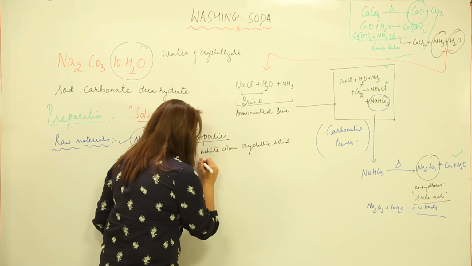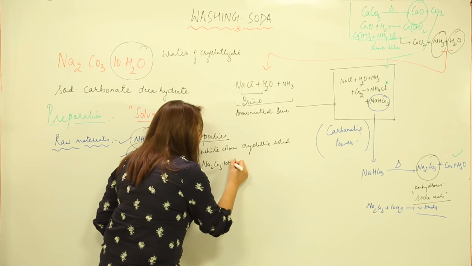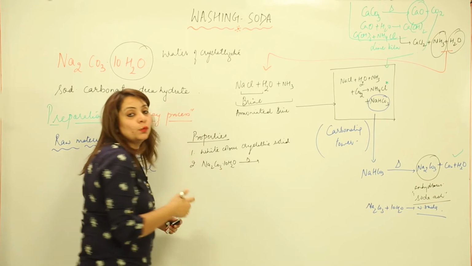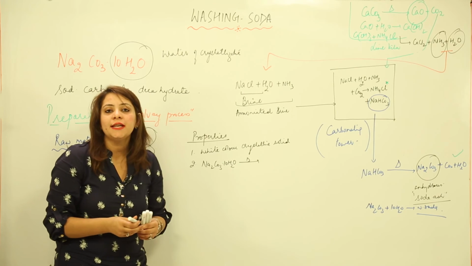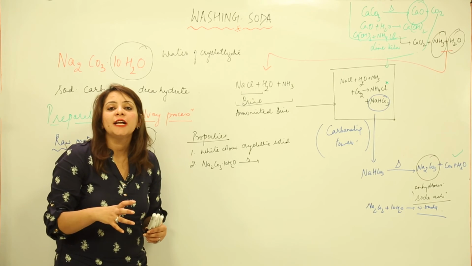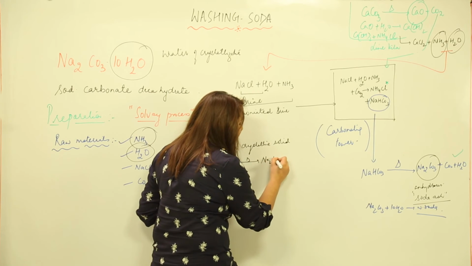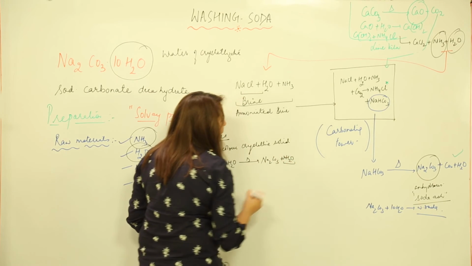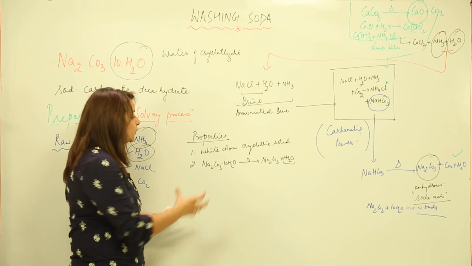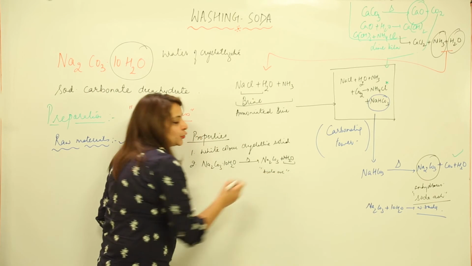Suppose I have the sodium carbonate, that is our washing soda, Na2CO3.10H2O. What is the effect of heat? If I heat it, what kind of change is it going to have? What happens when we heat any substance which possesses water? The water will evaporate, and on evaporating it will produce soda ash, as the 10 molecules of water of crystallization separate. So washing soda gets converted into soda ash.